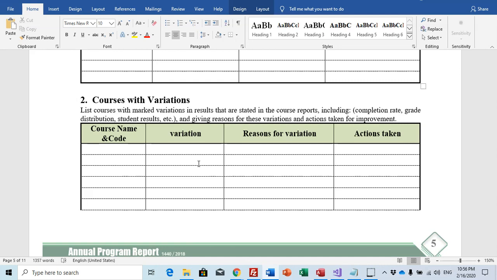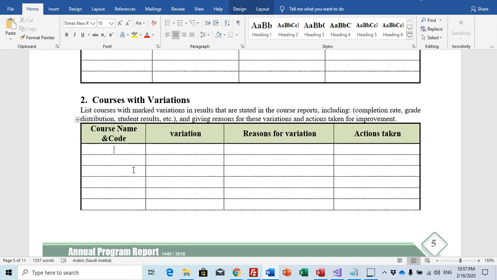Courses with unusual, high or low statistics results for completion rate or grades should be mentioned and justified by the instructor himself, and the department council should discuss this and accept or not accept his justification. But what you are doing here, you have to take this information from the course reports, and the course report should include the justification and reasons.